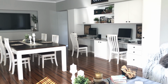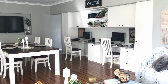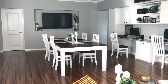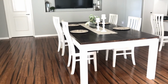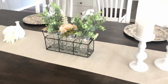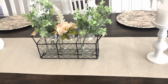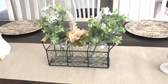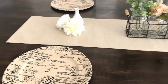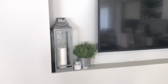That's also going to be getting a declutter and a bit of a makeover as well. The shelving is already pretty much done, but I'm just going to give that a whole big declutter, so watch out for that video. I think I've shown you my dining table in my kitchen video, but that's just the little centerpiece we have on our dining table at the moment. Again, that's from Spotlight, that I recently hauled. A couple of candles, placemats were a DIY, and then where our TV is,